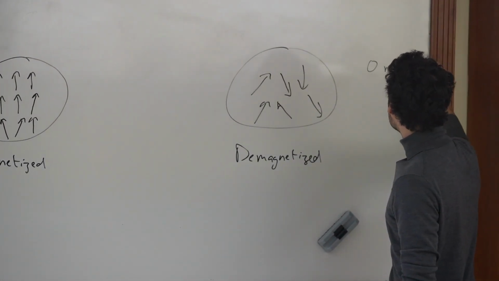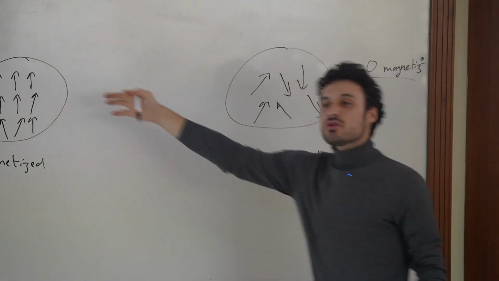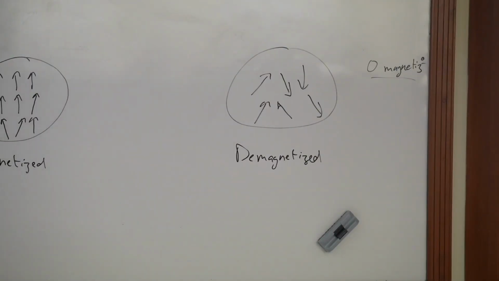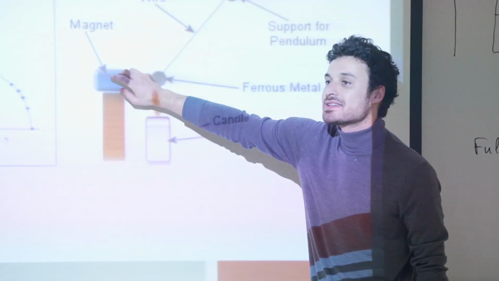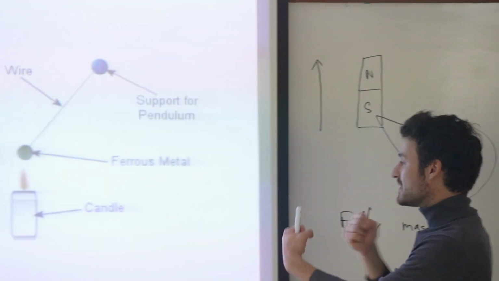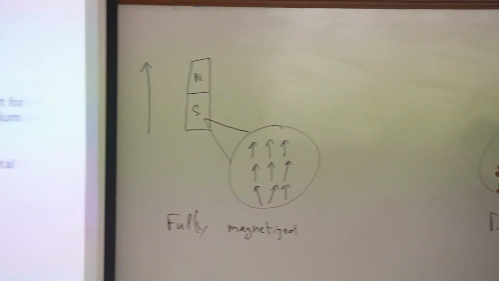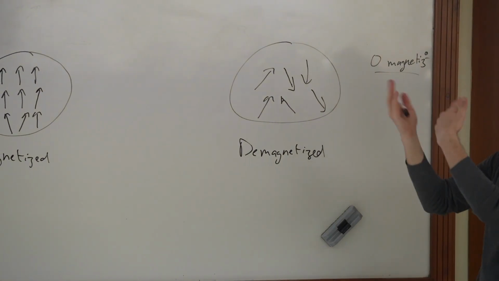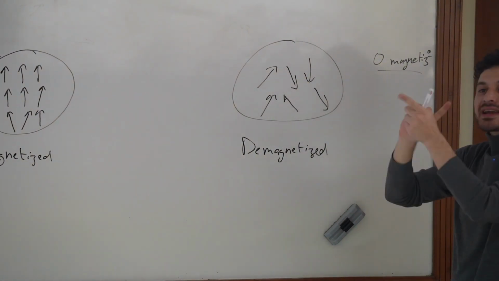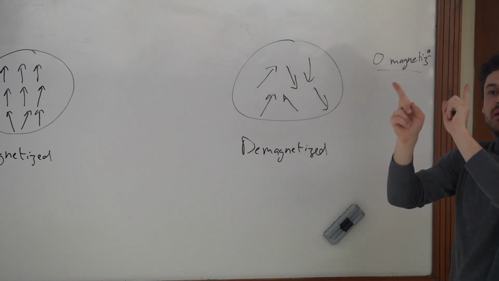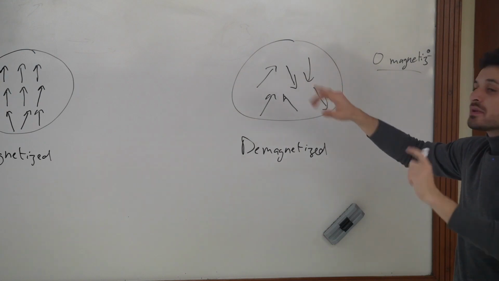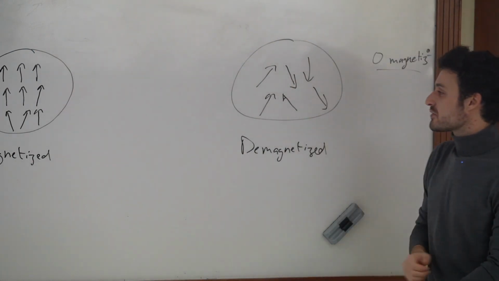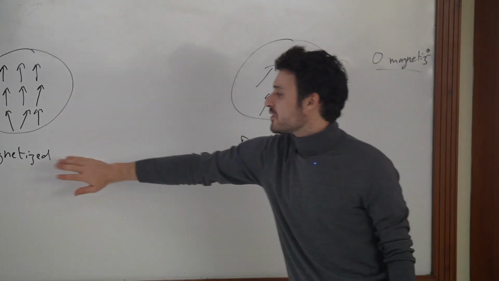So here, in this case, your magnet no longer works, right? Once you heated it, this ferrous bit of metal is no longer attracted to the magnet here because it's actually lost its own magnetic properties. So the question is, what happens in between? Because it's fairly easy to understand what's happening here, because random motion just means that despite the fact that the tiny magnets want to be aligned, the temperature keeps rejiggling them in such a way that overall there's no alignment of the microscopic magnets. So that's demagnetized, this is fully magnetized.